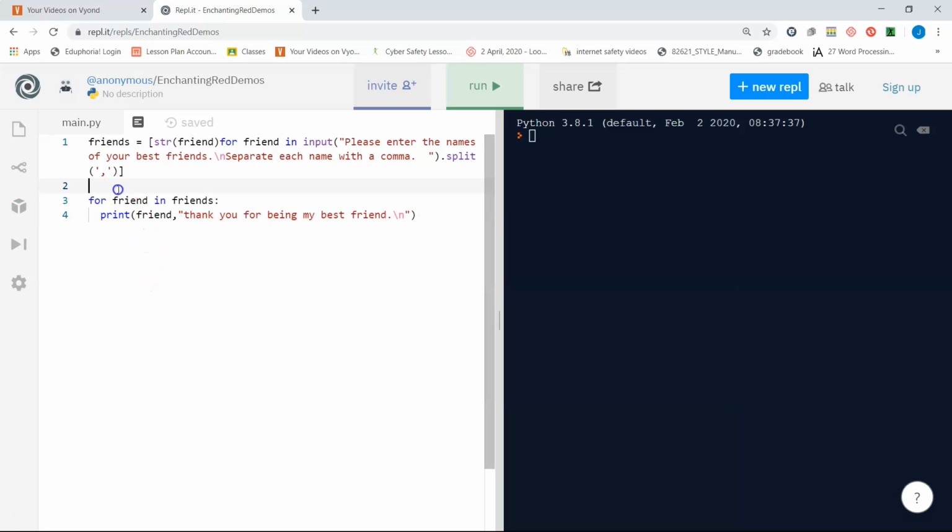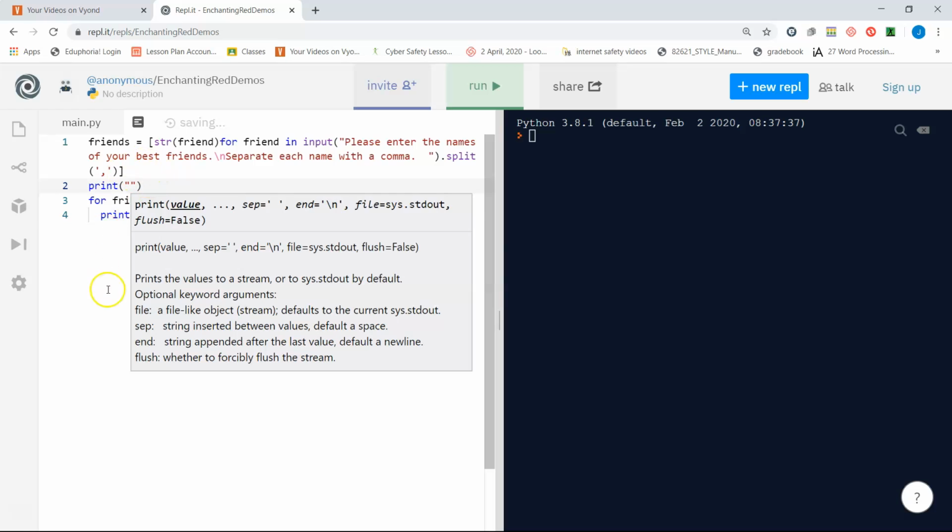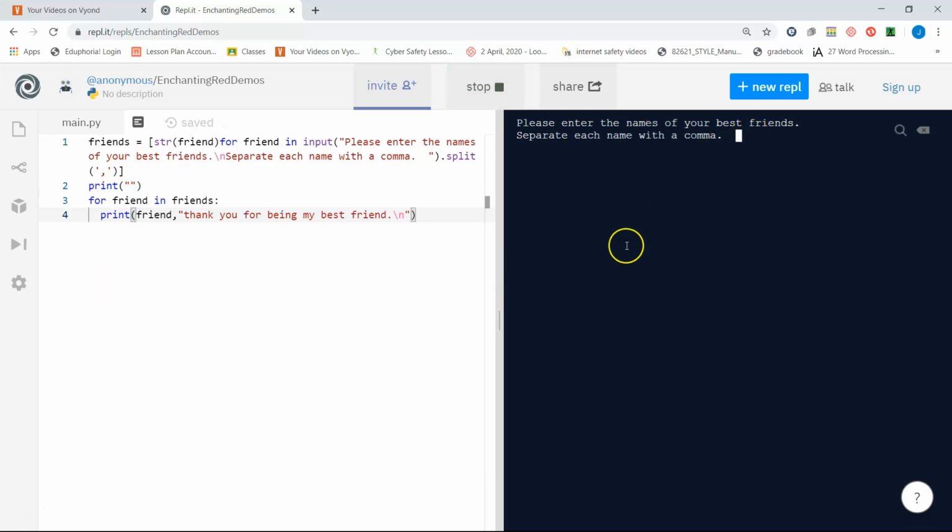And before we run this program, I'm going to put an empty line before the statement. Okay, now we're going to type our friends' names. Okay, now